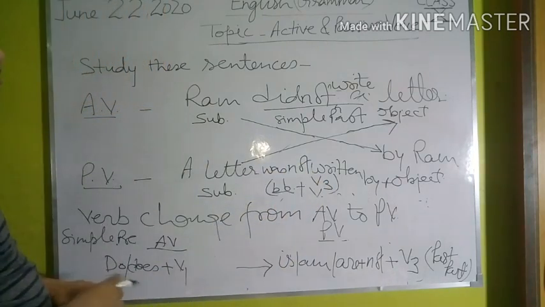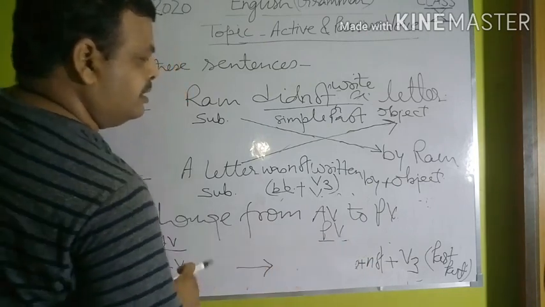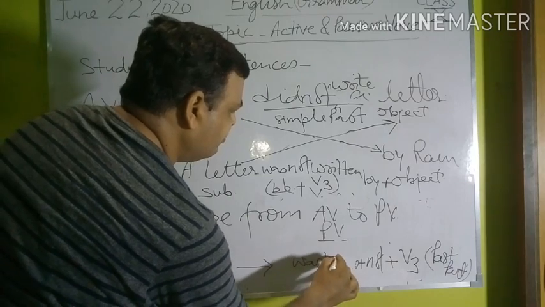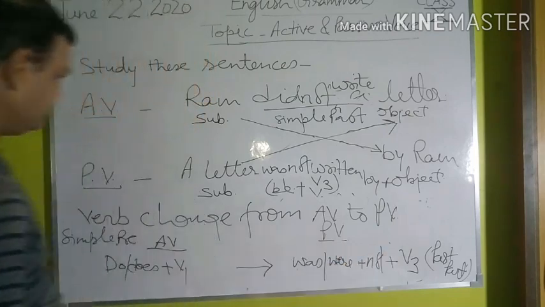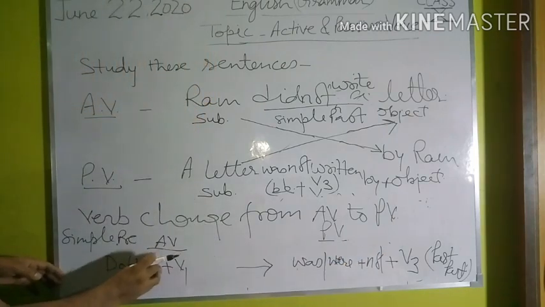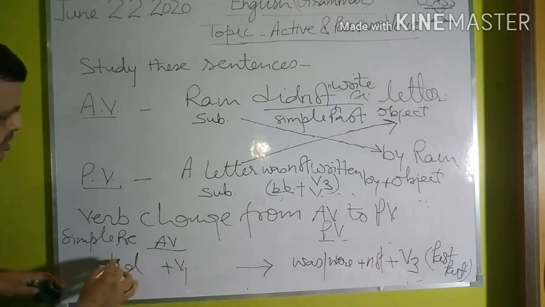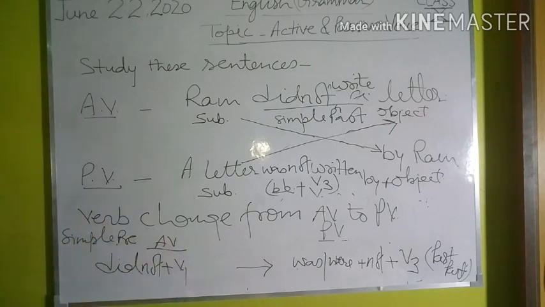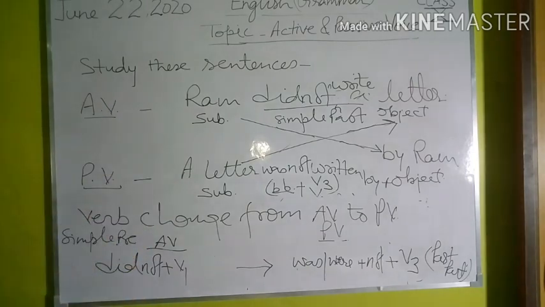So you can understand the position. Here also the verb will be changed. Here I will write was verb, followed by not, and then the past participle form of the verb. Here in place of do, does in active voice, we will simply write did not. So only the first form of the verb is used. So this is how you can easily change a sentence of simple past tense from active to passive voice.